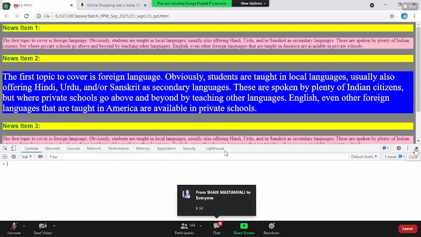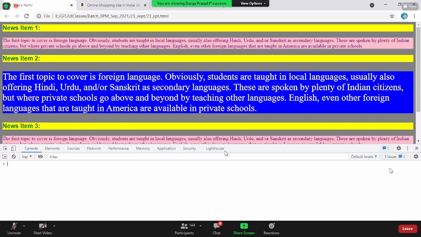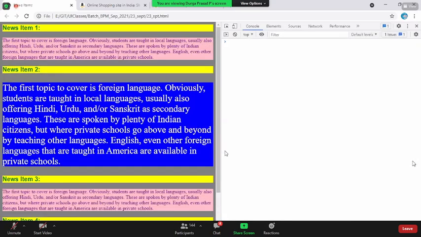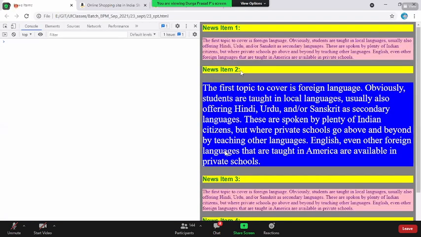Once you have it, the debugging tool by default gets opened at the bottom of the browser. You can always place it wherever you want. So how do I place the debugger tool? If you see at the very right side, you have some dots here. Once you click on these dots, you should be able to see a small drop-down menu where you have some positions. See here, the blue one is highlighted. What do you mean by that? By default, right now it is at the bottom. If you click on this, the debugging tool will be on the right side. Again, if I click the left side, it will move to the left side.